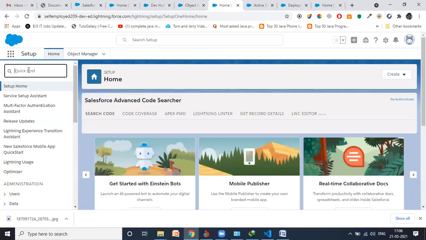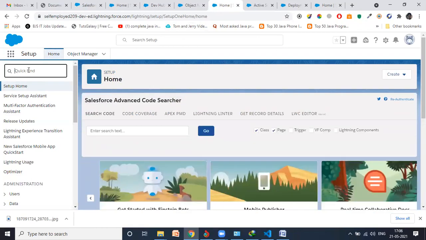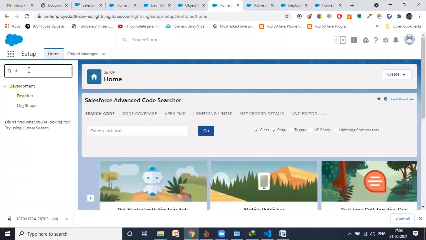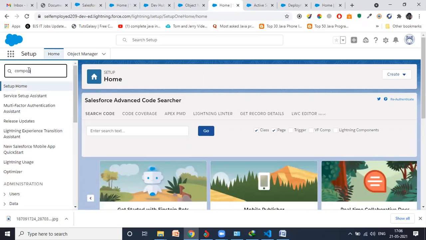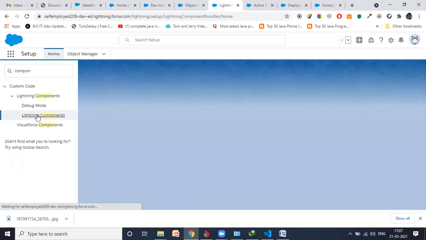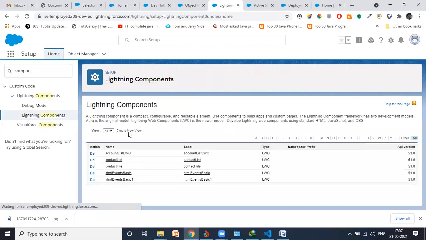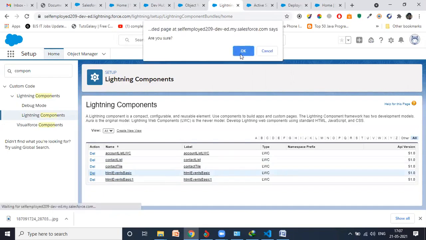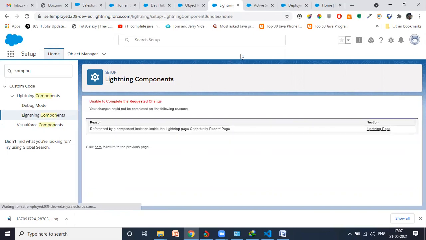I need to type component, Lightning component. Go here. Okay, I already have this component. That is the reason why it's throwing the error. I will delete this. Unable to delete. Okay.